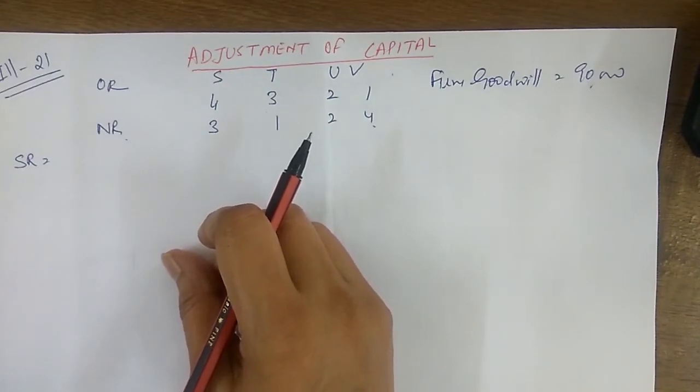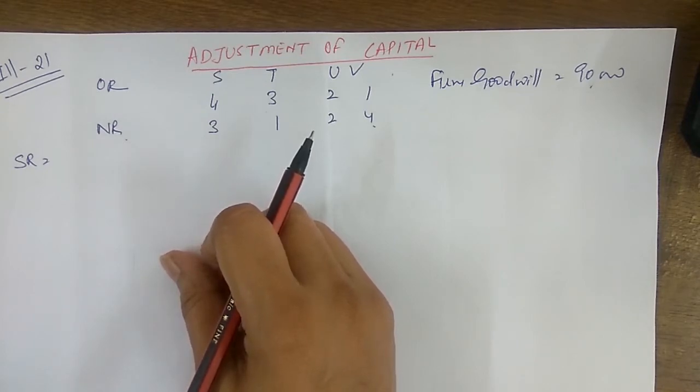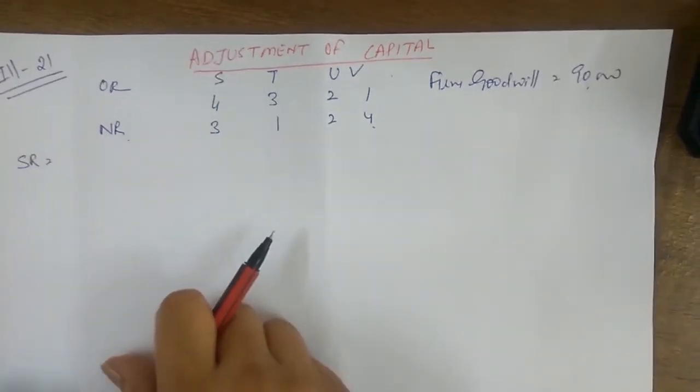The partners also agreed for the following. क्या क्या है? पहला पॉइंट है, the claim for workmen compensation has been estimated 70,000. What is the amount of reserve given? 60. तो क्लेम ज़्यादा है, liability ज़्यादा है और आपका reserve कम है, तो सारे का सारा reserve use हो जाएगा बच्चे. Nothing will be left to be given to the partners' capital account, कुछ भी नहीं देना हमें उनको. तो extra liability जो हो जाएगी of 10,000, that will be put on the liability debit side of revaluation account. ठीक है, वो हम revaluation account में ले जाएंगे.